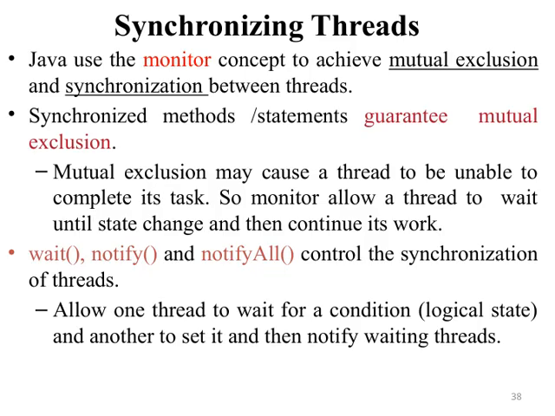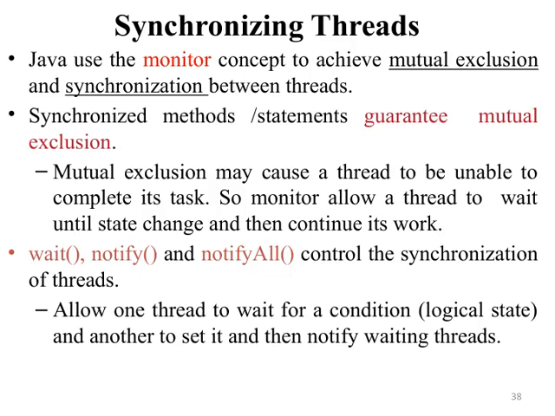To control this coordination, Java provides methods like wait, notify, and notifyAll. The wait method makes a thread pause and wait for a condition to change. Meanwhile, notify and notifyAll are used by other threads to signal that the condition has been met, waking up waiting threads. This mechanism allows one thread to wait for a certain logical state, while another thread can set that state and notify the waiting threads. Understanding these concepts is key to writing robust, thread-safe Java applications and ensuring that threads coordinate efficiently without deadlocks or